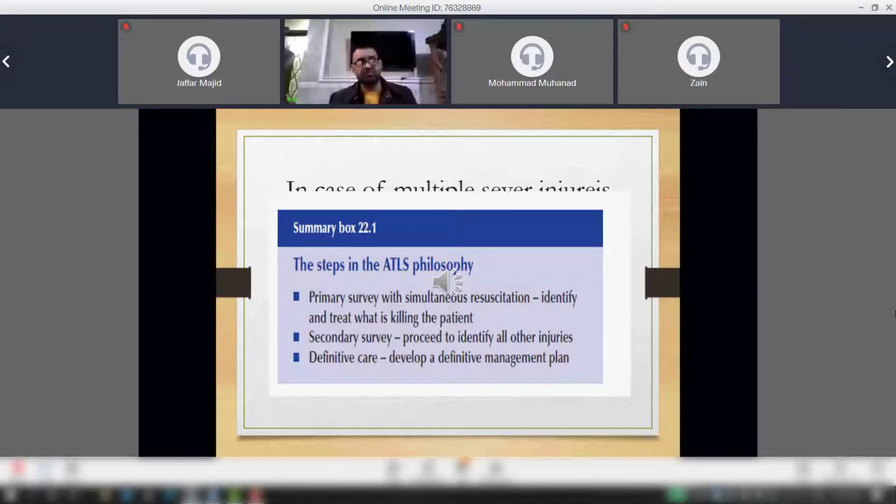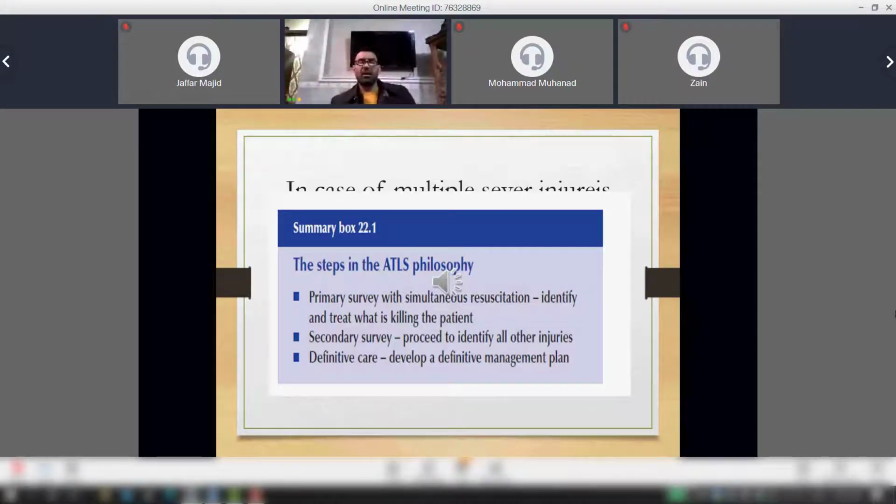بالنسبة إلى تكلمنا عن ATLS philosophy اللي هو at the site of injury ممكن نروح as a primary survey with simultaneous resuscitation. هنا في موقع الحادث نروح نسوي assessment، نسوي classification grading for the patient انه هذا need more safety, more care than the other. واحد عنده bleeding واحد عنده respiratory. We have to bring the patient safe and keeping away from what's killing him.